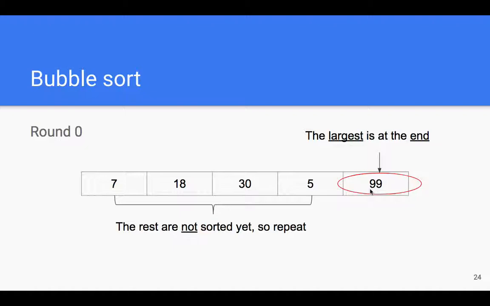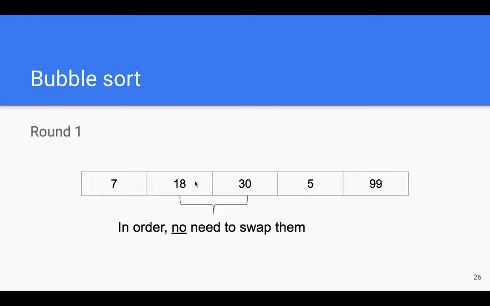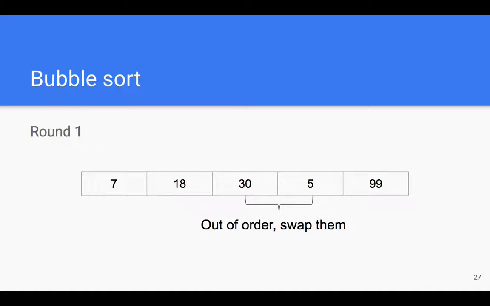Okay, so we have to repeat now. We have to start the whole process over. So we compare 7 and 18. Well, they are in order, no need to swap. We compare 18 with 30. Well, they're again in order, so it's fine. And then finally, we compare 30 with 5. And, well, they are out of order, so we